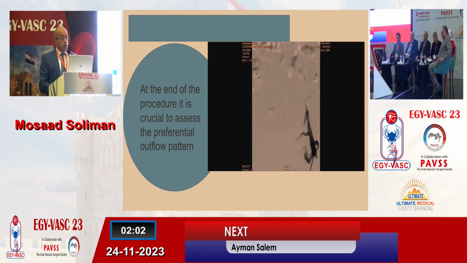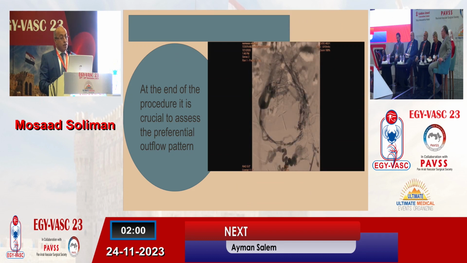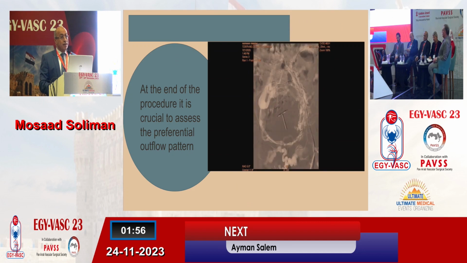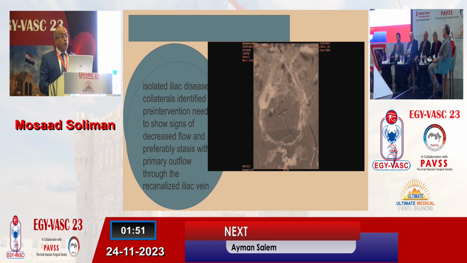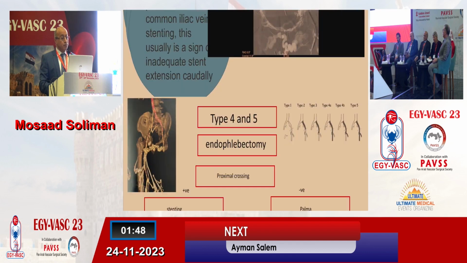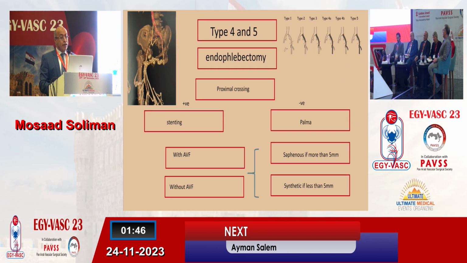And in such cases, disappearance of the collaterals is mandatory, and if the collaterals didn't vanish in front of you with a single trunk into the IVC, you have to extend your stent more caudally. In type 4 and 5, we have to go through an endophlebectomy and then proximal crossing towards the IVC. If we succeed, we have to stent the iliac system, and in case of failure, we can jump toward a